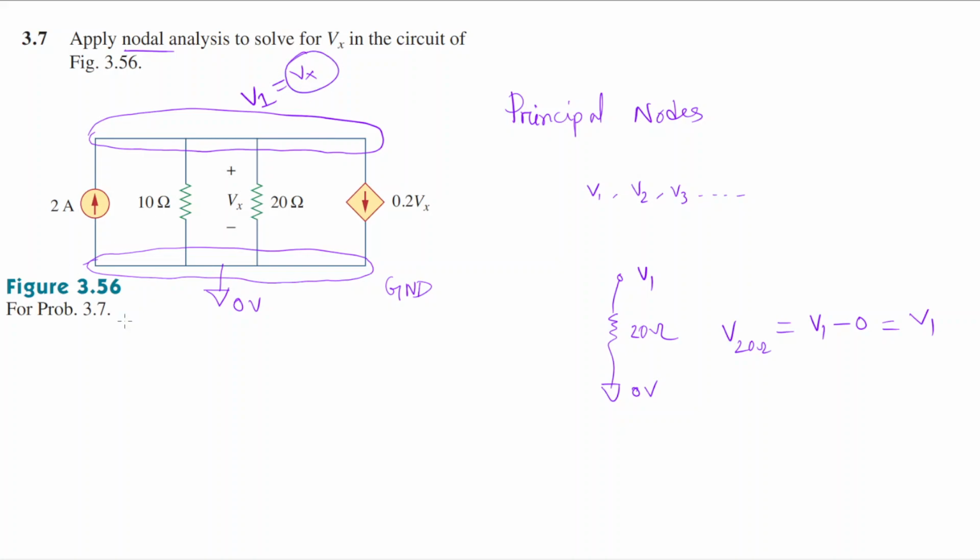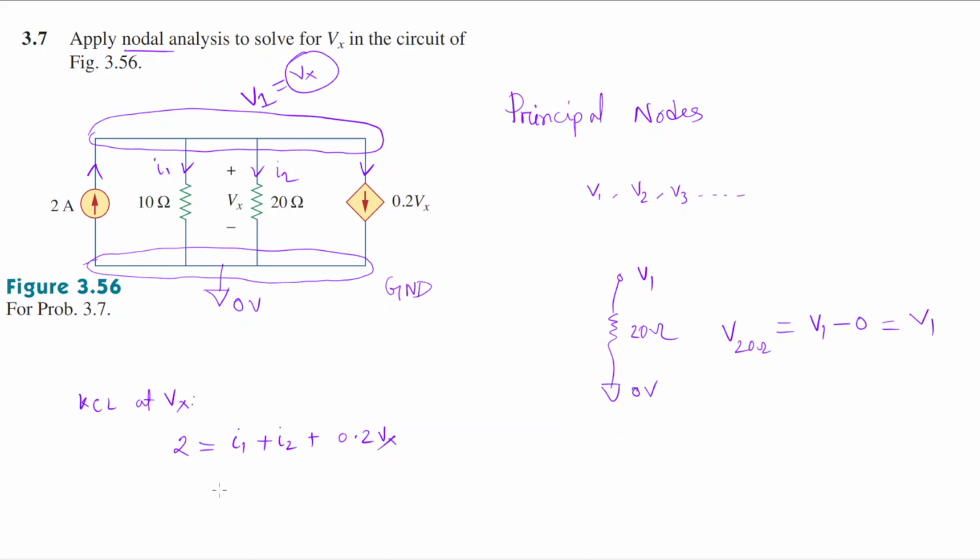So this is what you have to deduce, and it's extremely important to be able to solve this circuit very fast. And you can see that two currents are already given. One is entering the node and one is leaving the node, and we are going to assume that two other currents, I1 and I2, are leaving the node. So if we apply KCL at Vx, which is basically V1, we get 2 ampere is entering and everything else is leaving. So I1 plus I2 plus